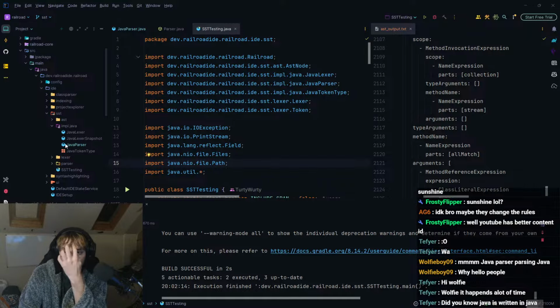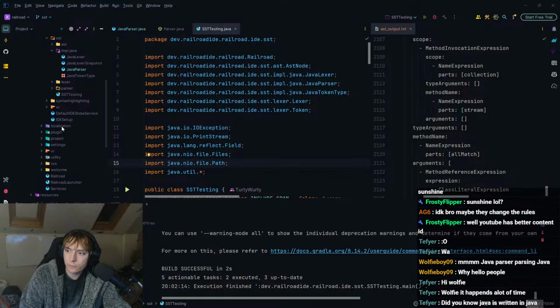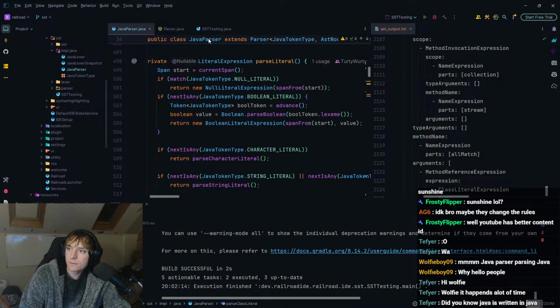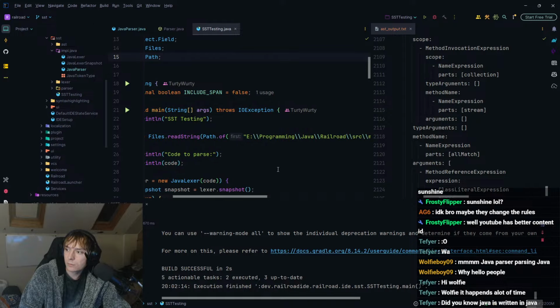In the meantime, I was going to say I can try some classes in here, but I guess that won't really work. You know what I could try and do? I could try and parse Java parser and basically see if we have any null in there. If there's any nulls, then it won't have worked. So I guess let's try that. This seems kind of silly, but here we go.